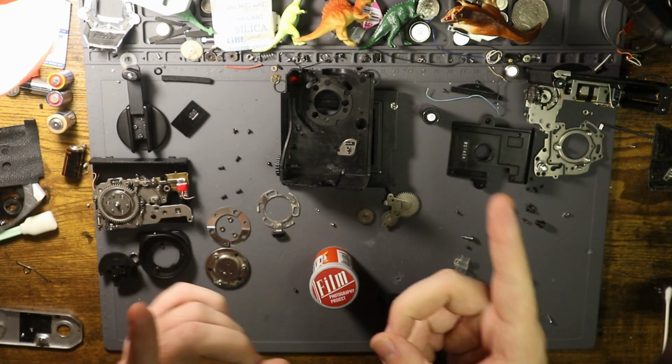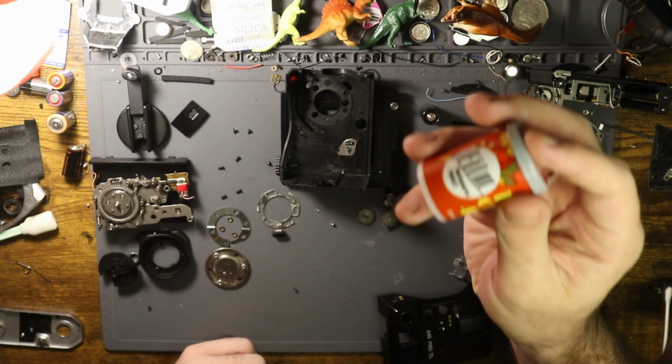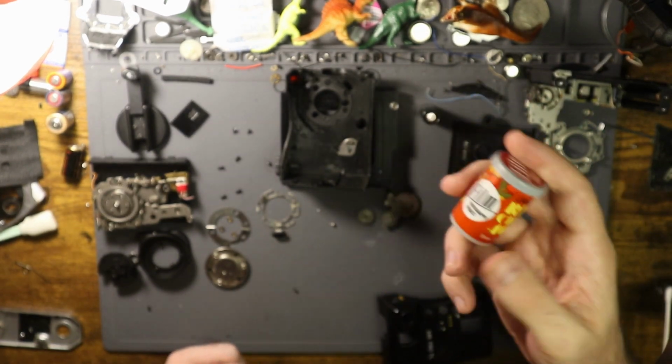But this is an instance in which I am very glad that I had multiple cameras, because if I had just solely relied on this dog shit film, I would have been really bummed out. So,